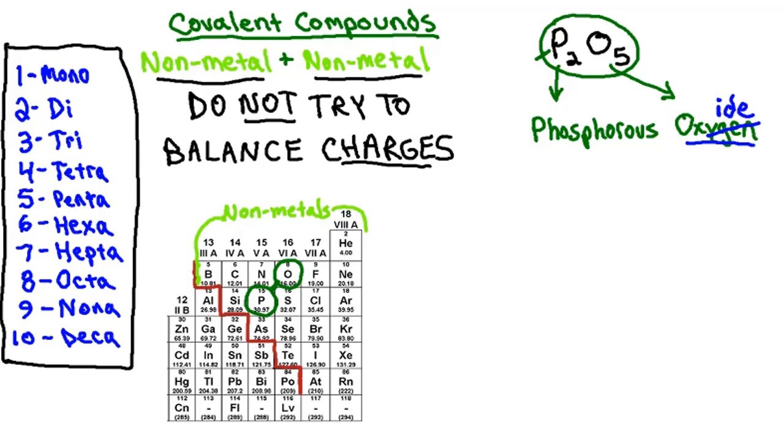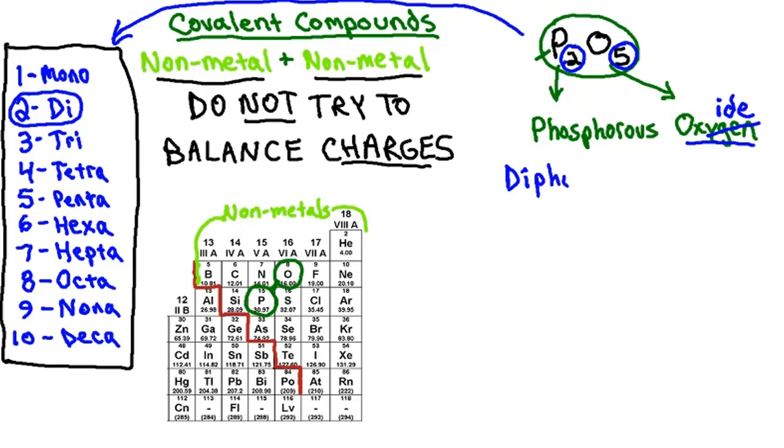Now we're going to look at how many atoms of each element we have. In this formula, we have 2 phosphoruses. So if you look over at the chart, 2 is going to be di, the prefix meaning 2. So we're going to put that in front of our phosphorus. We're going to put diphosphorus,